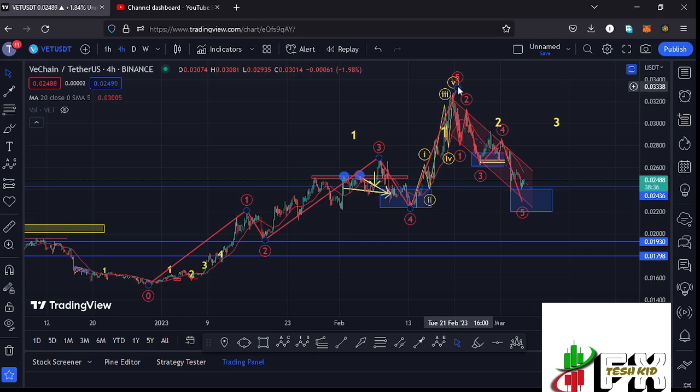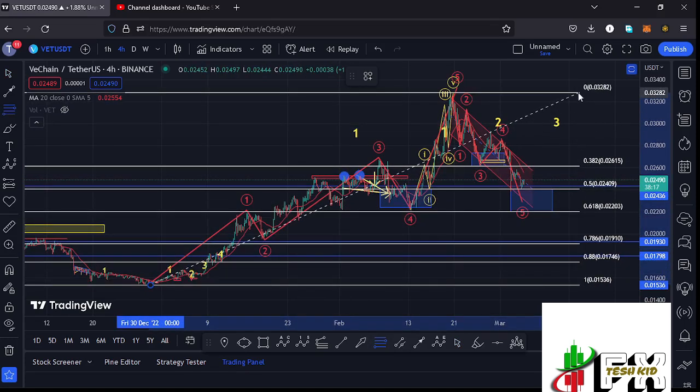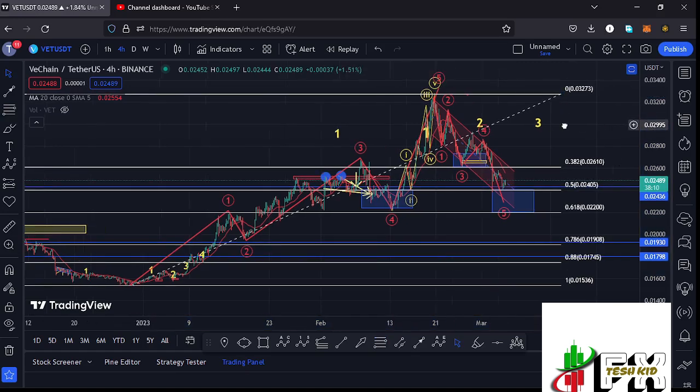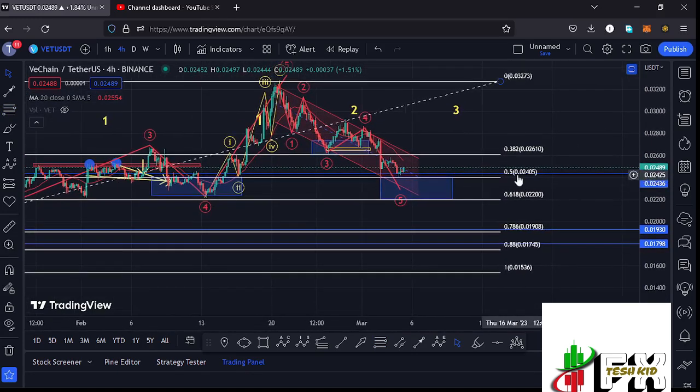And after seeing the formation of this wave 5 of this Elliot wave structure right here in red, we completed an even larger Elliot wave count 1 to the upside, and that is after seeing that 5 wave structure to the upside. And whatever we expect next after seeing the formation of a larger Elliot wave count 1 is a corrective structure in the formation of a larger Elliot wave count 2, and using the Fibonacci's, connecting them from the low of the first wave to the high of that wave 1, I was able to come up with a minimum retracement area in the formation of that larger Elliot wave count 2 between the fib level 0.5 and the fib level 0.618,